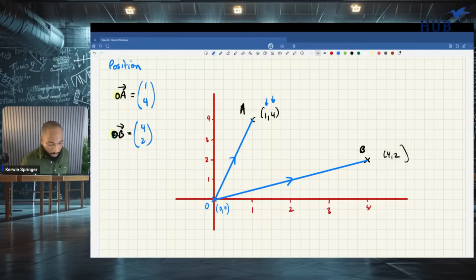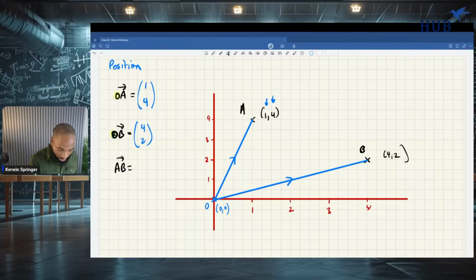Yeah, so it's called position vectors, ladies and gentlemen. These things are called position vectors. These are OA, OB. Now, what about if I said AB? AB is not a position vector because it did not start at the origin. It's just what we call a displacement vector. All vectors that you deal with at this level will be using displacement as the vector, like changing position. Displacement vectors. But AB can be figured out.